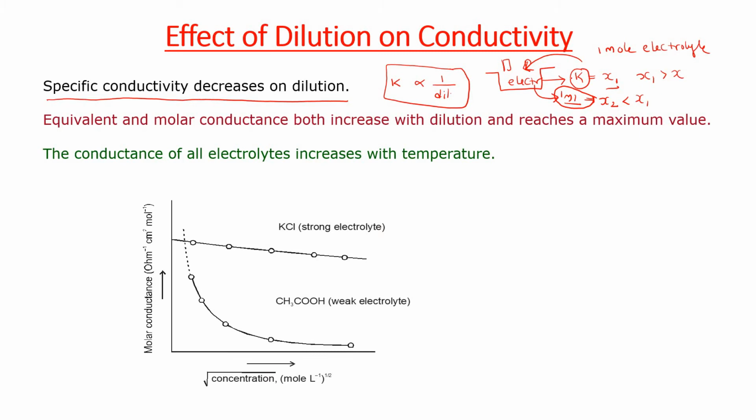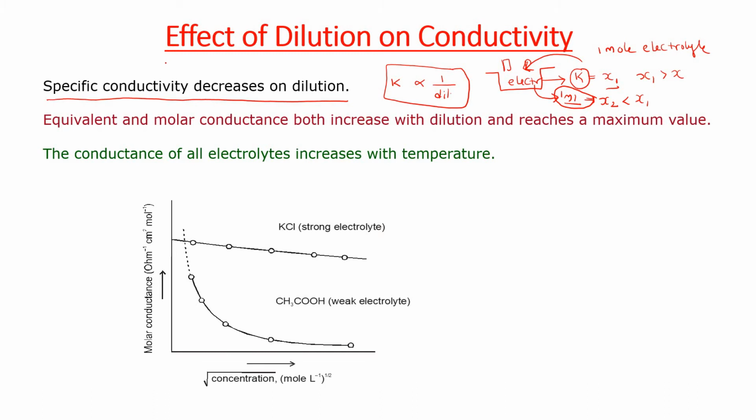Again add some water, dilute that one, take out 1 ml from that one, again you calculate the conductance, again you get X3, that will be also less. To understand this one, I will take a very simple example. You are preparing some tea. Add some water to that one, take 1 cup from that one. It will have more fat particles of milk, it will be very tasty. Again add some water to that one, take again 1 cup from that one.